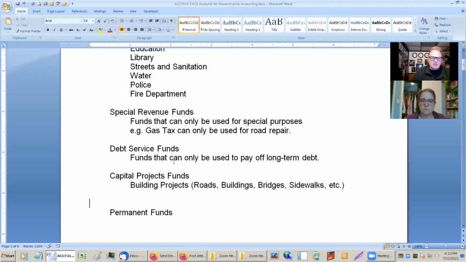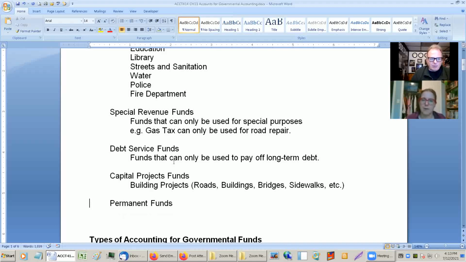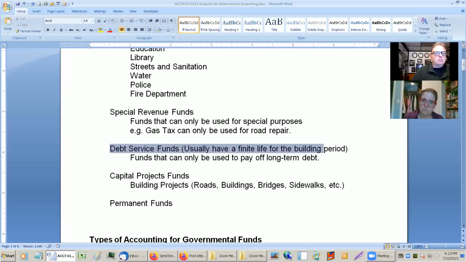So it's not like education. It isn't like you close the schools after you graduate. You keep it open, year after year after year. Whereas these funds usually have a finite life. It's only for the building. So once we're done with them,